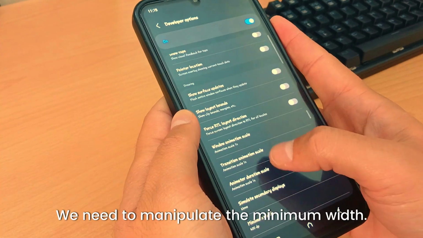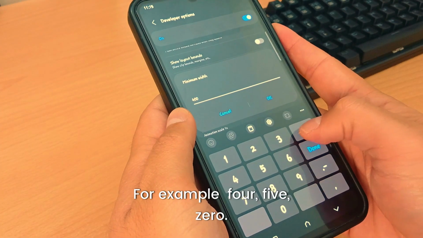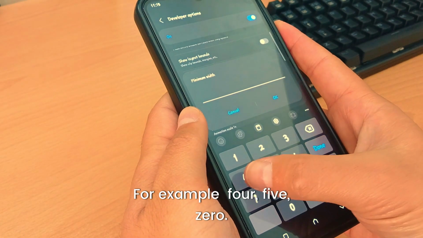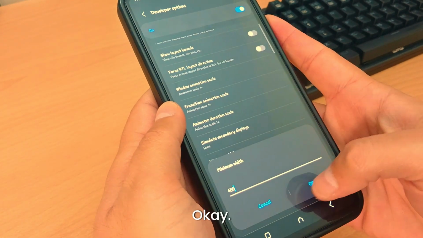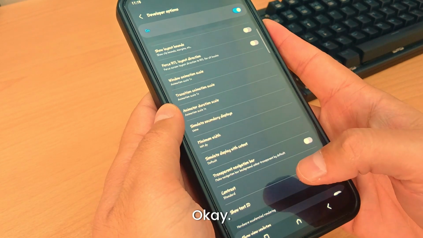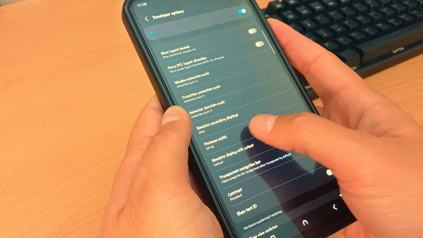We need to manipulate the minimum width. For example, 5450. Okay, you see, it's very small, but